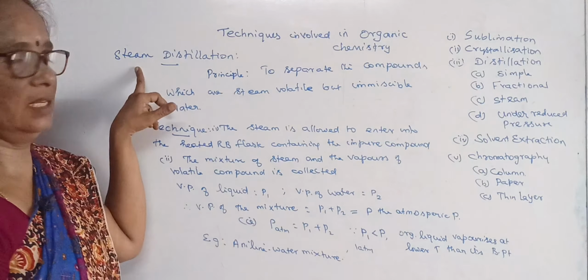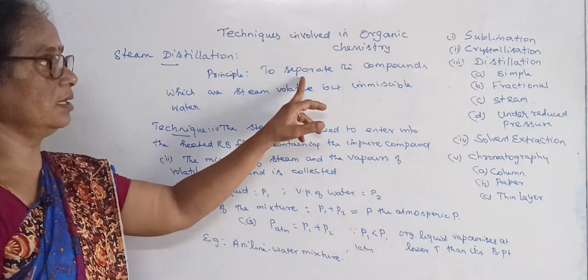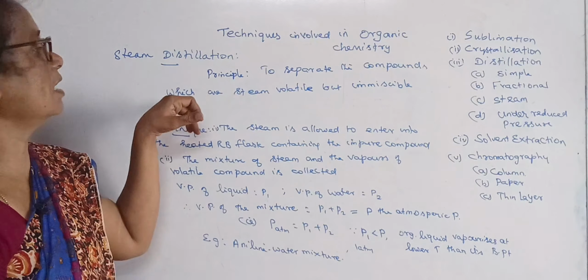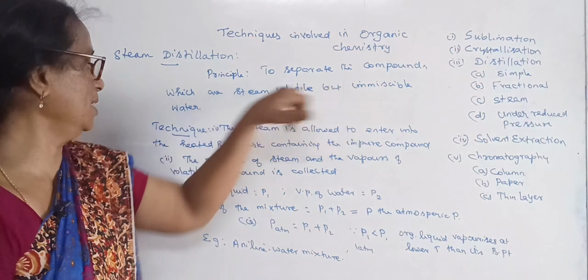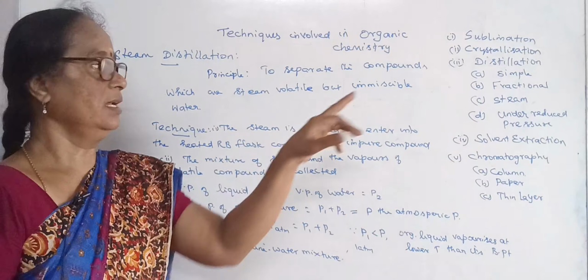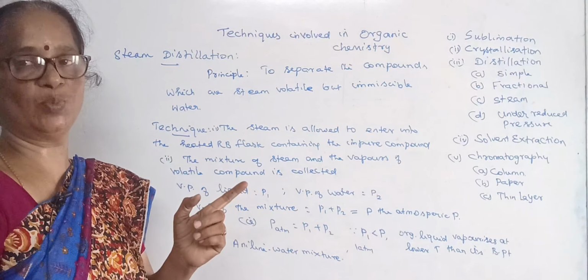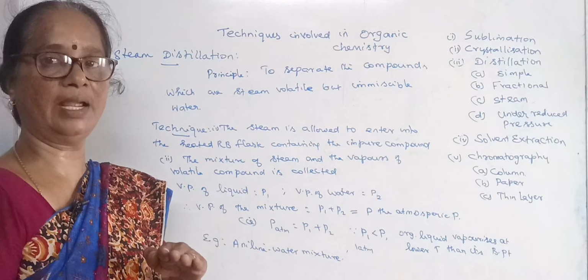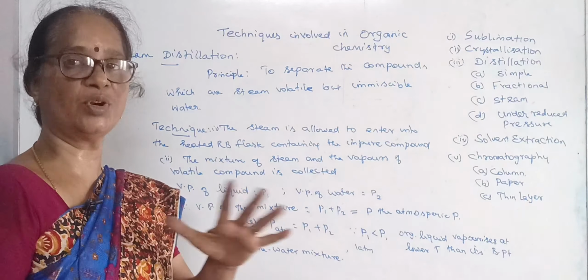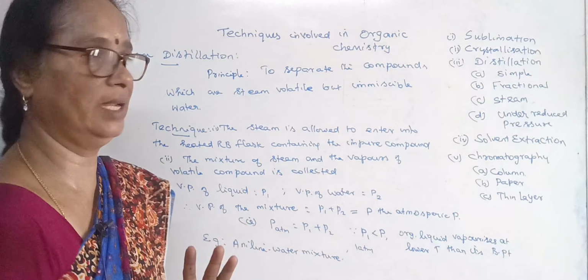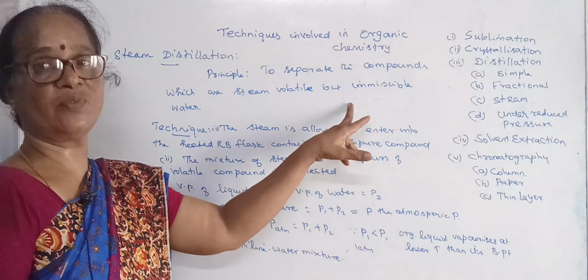Another method of distillation is steam distillation. This method is used to separate compounds which are steam volatile but immiscible with water. Immiscible means it does not mix with water, it makes a separate layer. That means water and the organic compound will be separated by a layer,